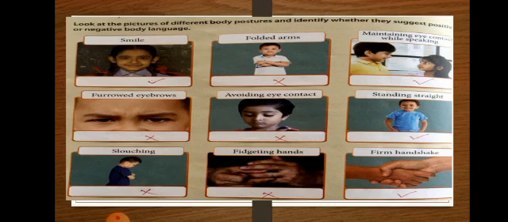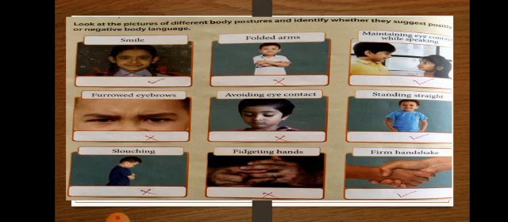First is smile, means while talking to others you have to smile. Is it positive or negative body language? It is a positive body language. Where I have marked the tick mark, that is positive, and the cross mark is for negative. Folded arms, this is negative body language, to talk with others while folding your arms. Maintaining eye contact while speaking, yes, this is positive body language. It shows the confidence that you maintain eye contact while speaking with others.